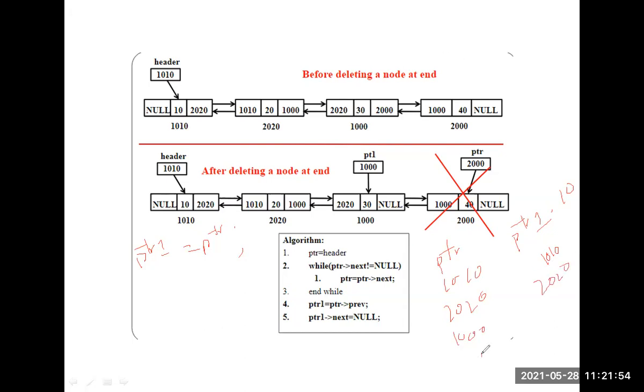Next, this is 2000. This is 1000. So when this is 1000, then PTR of next equals null, it comes out of the loop. Now PTR one equals 2000 and PTR of next equals 1000. So in PTR of next, this node acts as null. This is the last node. So PTR's right link is set to null. Okay, clear students? Anyone respond with a message?